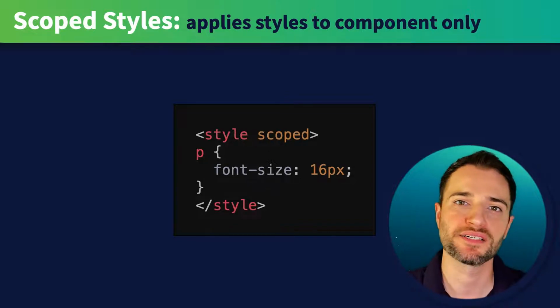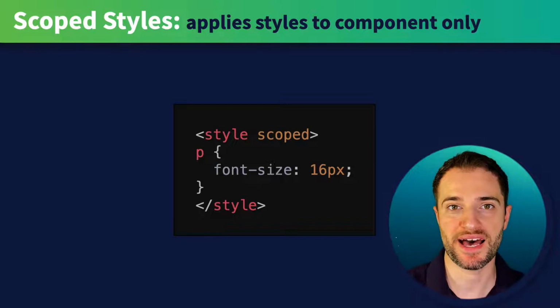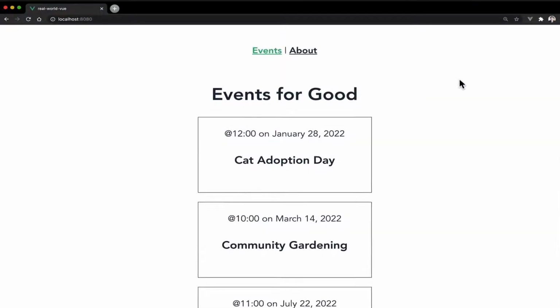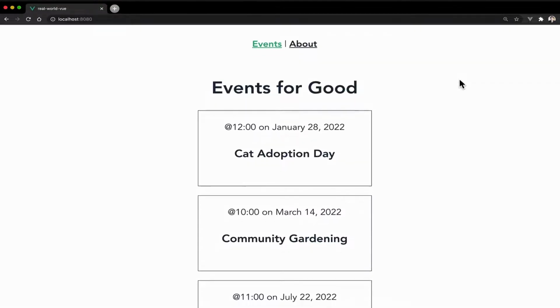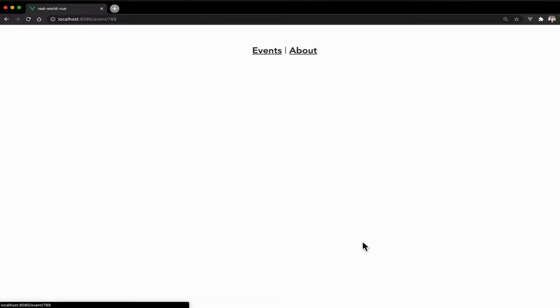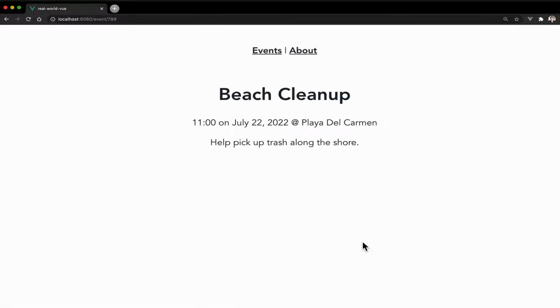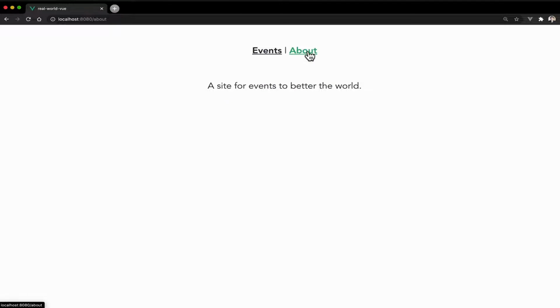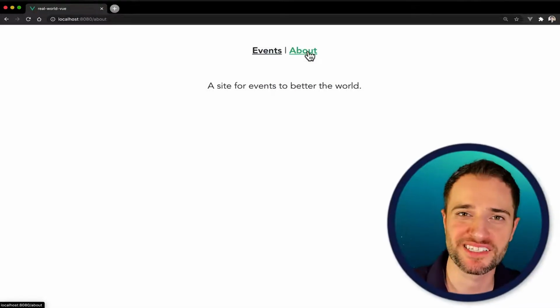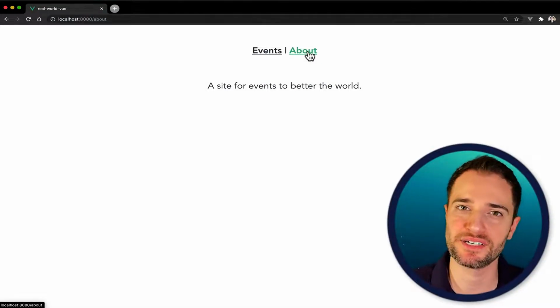Great, so we've covered what a single file component is and how the Vue CLI project was using them. Now we can start deleting out all that demo code to build our own app. What does that app look like? Let's take a look. By the end of this course, this is what we're going to build. It's a simple app that helps out the world one event at a time. As you can see, we're displaying a list of events, which we're pulling in through an API call. And when we click on an event, we can see the event details. Additionally, we can route to the About page. By now, you're probably ready to start building the app, so let's head back into the code and start building our first